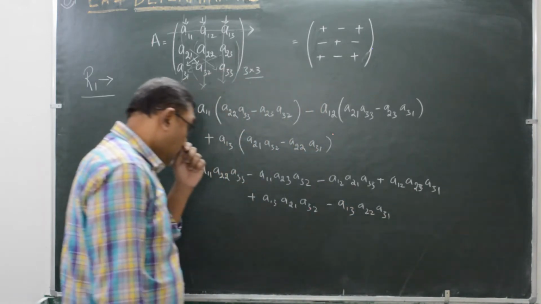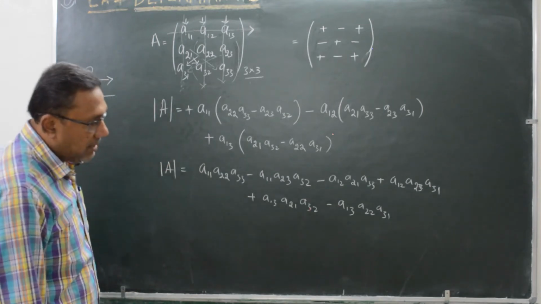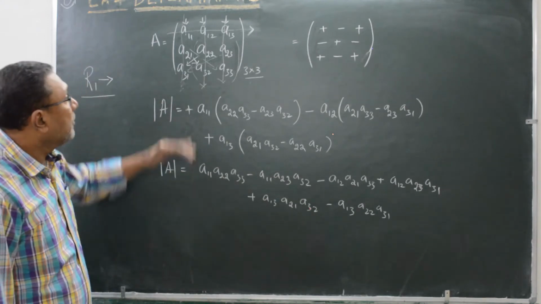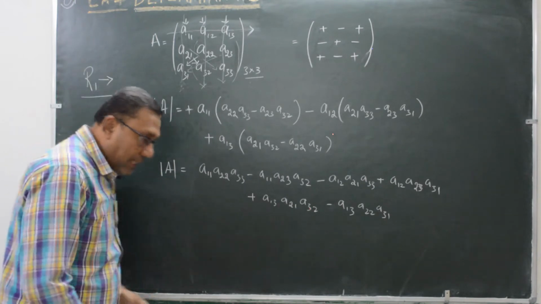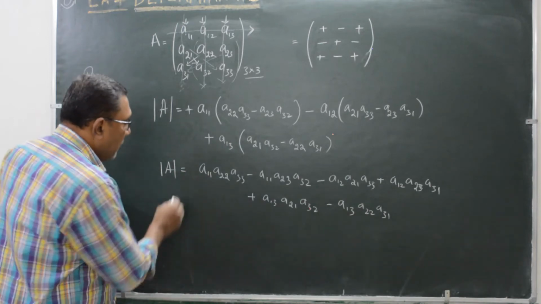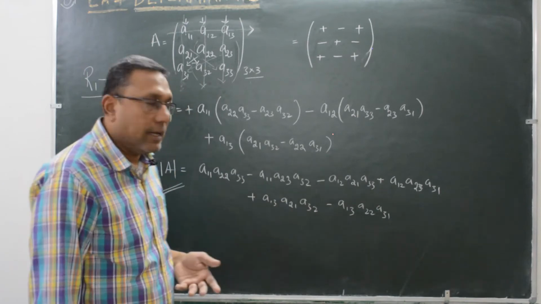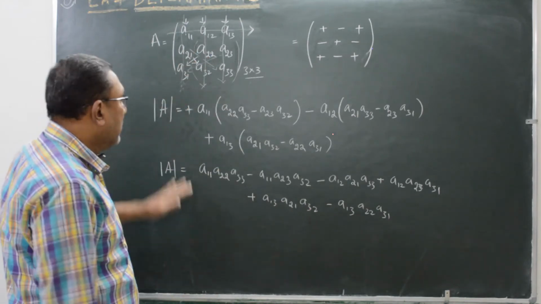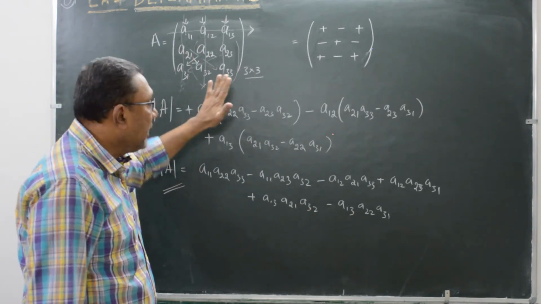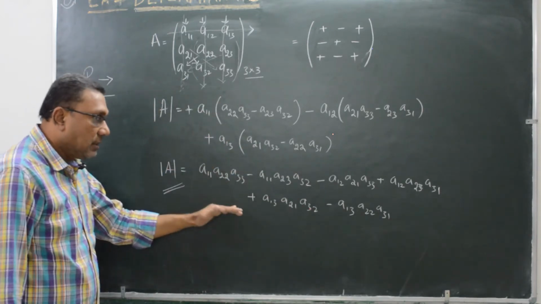Now this is the actual determinant value of this particular 3 by 3 order. What I am trying to tell is, if you expand from any element, the answer remains the same. So you can check by expanding this particular 3 by 3 matrix with other corresponding elements, expanding with rows and associated elements, you should get the same answer.